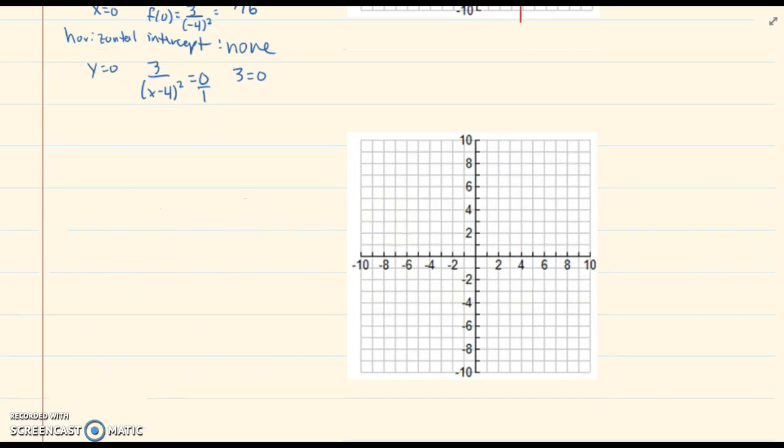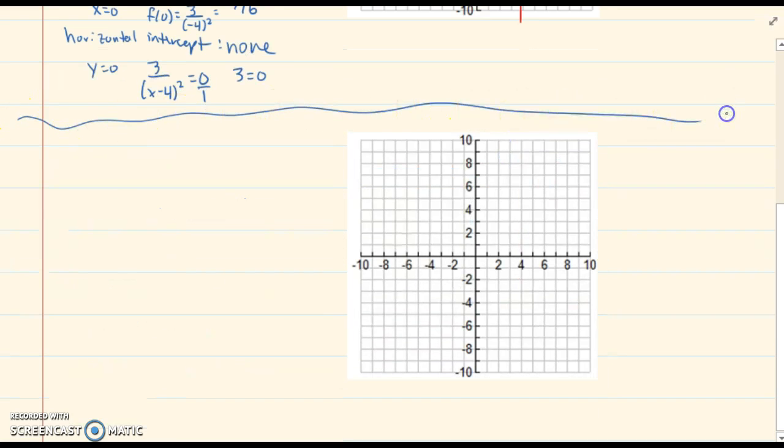Okay, let's do another example, similar, but maybe a little bit different. In this case, we're going to do g of x equals 2x squared minus 5x minus 3 over x squared minus 8x plus 15. Just like we've been doing with the other ones, the first thing we want to do is attempt to factor. So I'm going to start with the denominator, because that's an easier one to factor. And I know that's going to turn into x minus 5